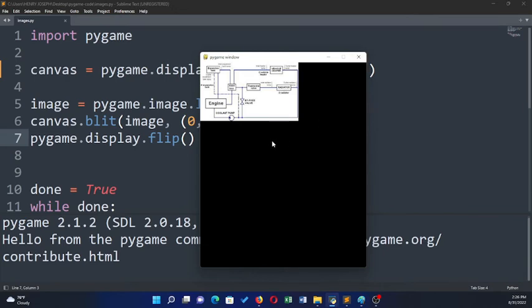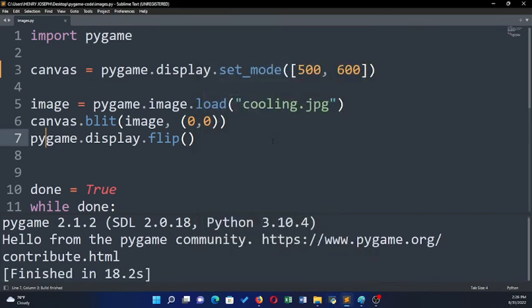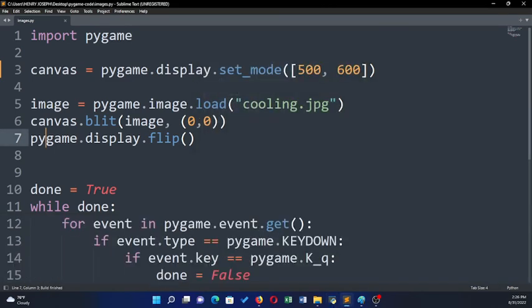If you wanted to load a certain type of image, maybe some art or some characters, probably you would load the image like this. This is how you would load an image in